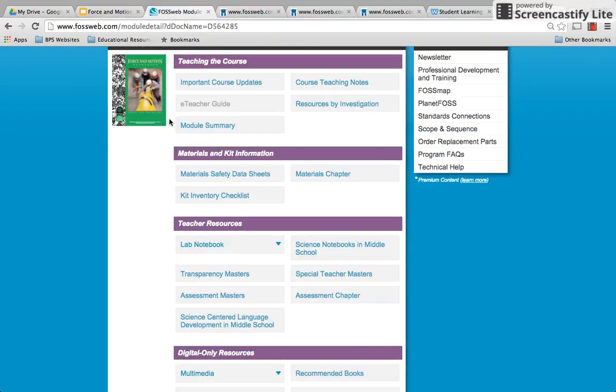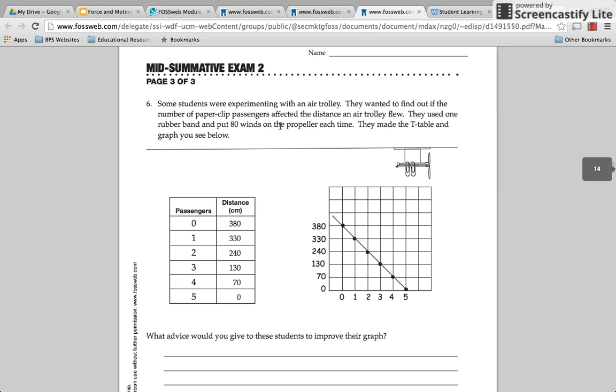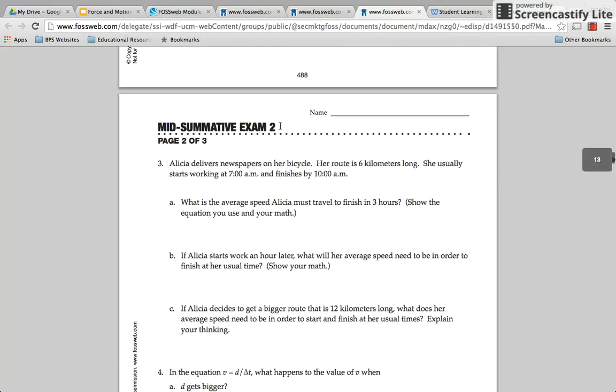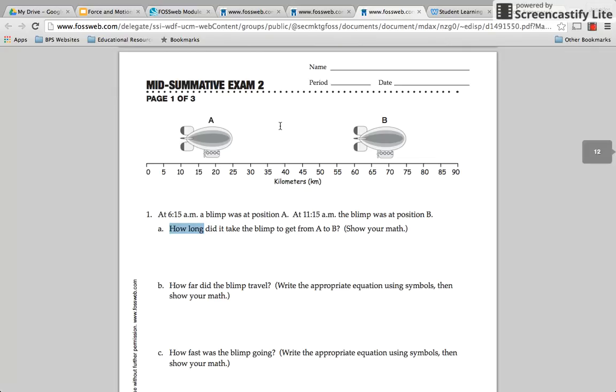So if you go to the FOSS Web module, you can click on the Assessment Masters, which I've already done, and it will bring you to all of the midsum exams. So midsum exam 1 is right before this, and midsum exam 2 is here. I like to look at the exams before I start the unit so I have an idea of where the